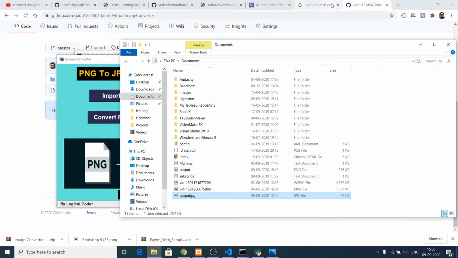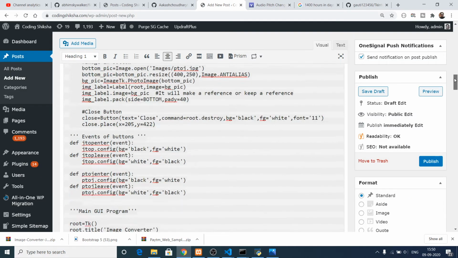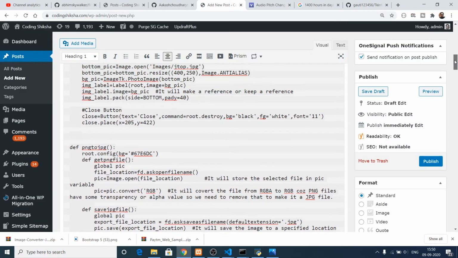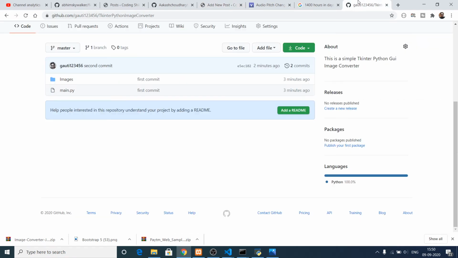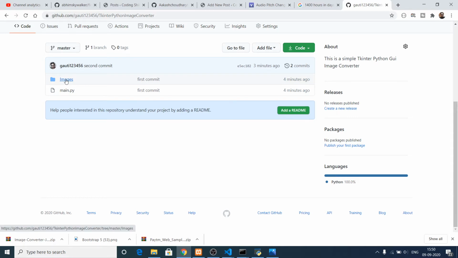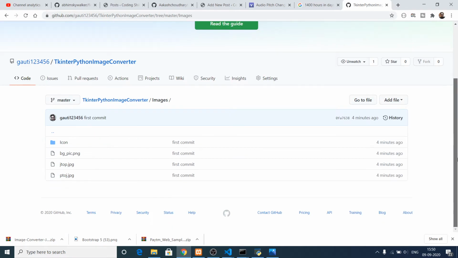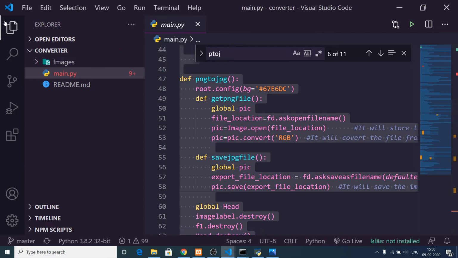All the source code of this tutorial is given in the video description. I have given the link in the description. You can download this Python script that I have written. Go to the video description, and one file is there which is main.py, and also this is my source code GitHub repository. Then click the download zip button to download the whole project. It will contain these background images as well inside the images folder. Simply you need to open this, and let me guide you through the code here.